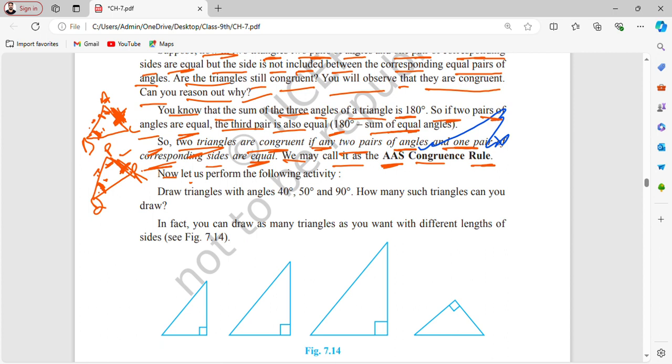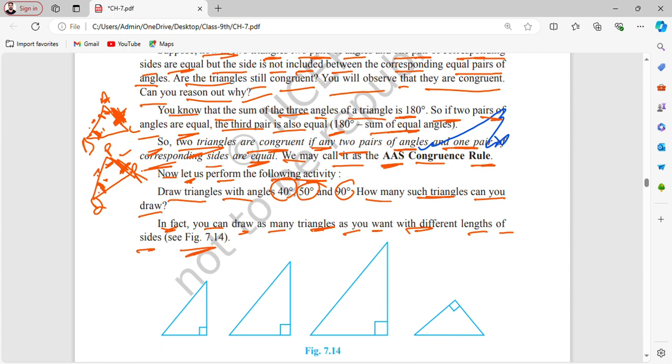Now let us perform the following activity. Draw a triangle with the angles 40 degrees, 50 degrees and 90 degrees. How many such triangles can you draw? These are the measurements of the angles: 40 degrees, 50 degrees and 90 degrees. In fact, you can draw as many triangles as you want with different lengths of sides. So see figure